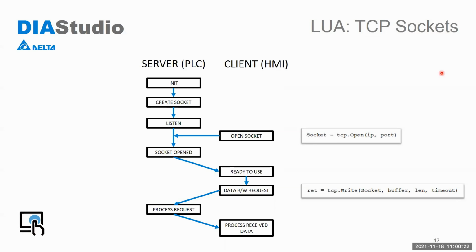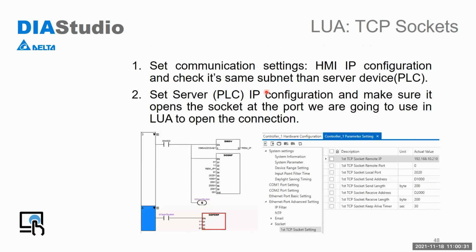So this is how a TCP socket communication works. Okay, and now let's see how to implement it. First part is how to create that socket, to open the socket on the PLC side. First of all, you need to take care that the HMI and PLC have to be in the same IP range, of course. This is basic, but sometimes we don't remember to do it, and that's the main reason of the problem. So once you are totally sure they are in the same range,